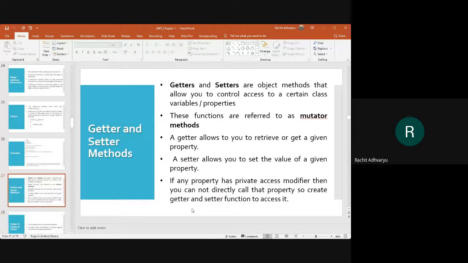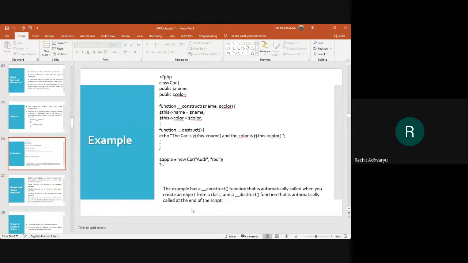Moving on to the next, we have getters and setters. What are the uses of getters and setters? Let me know. Yes, guys, what is the use of getter and setter methods?